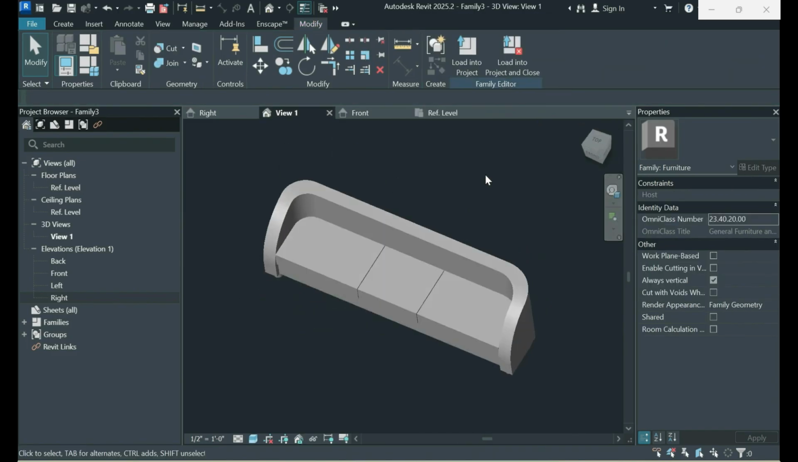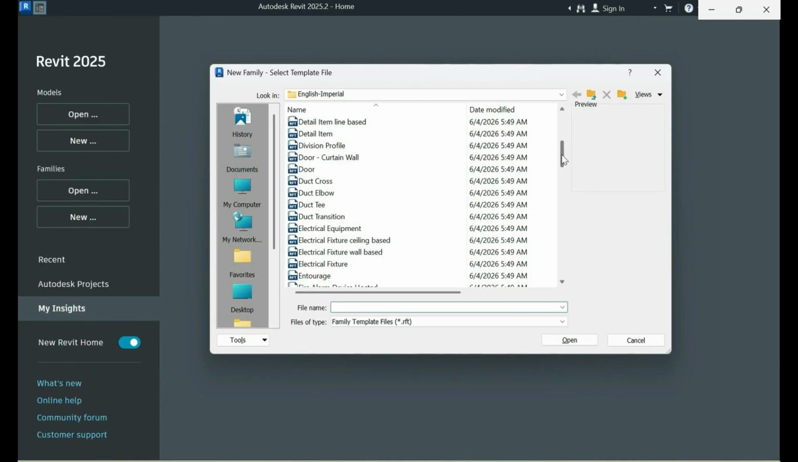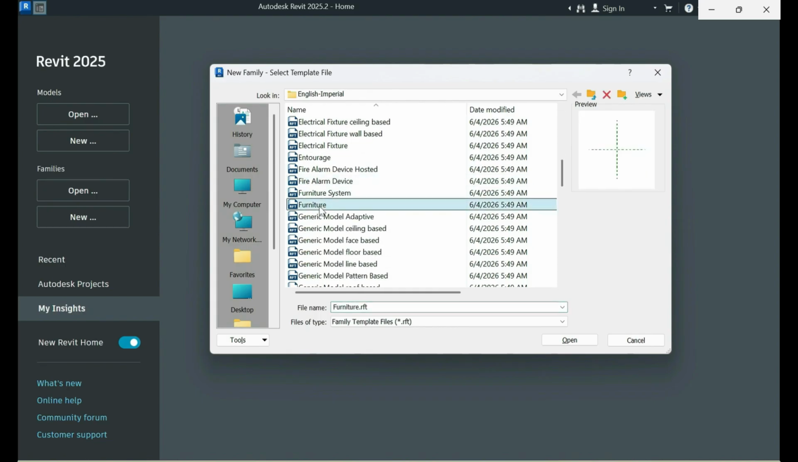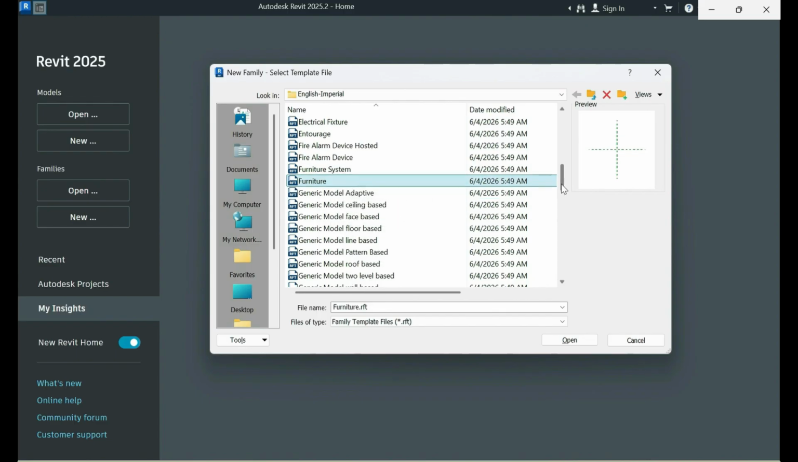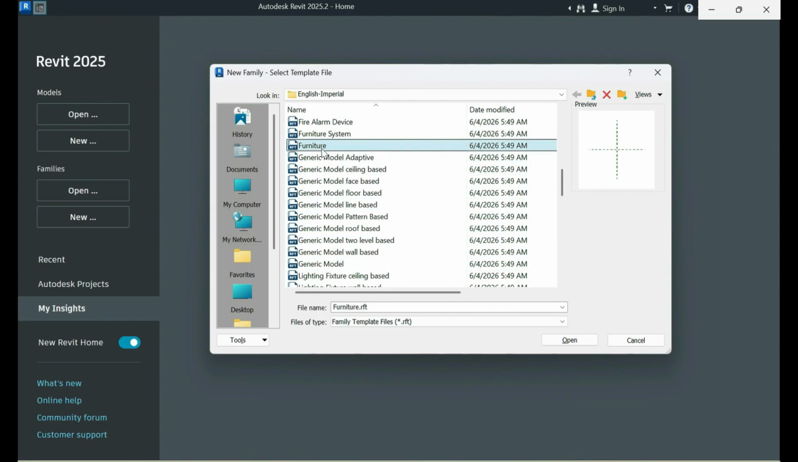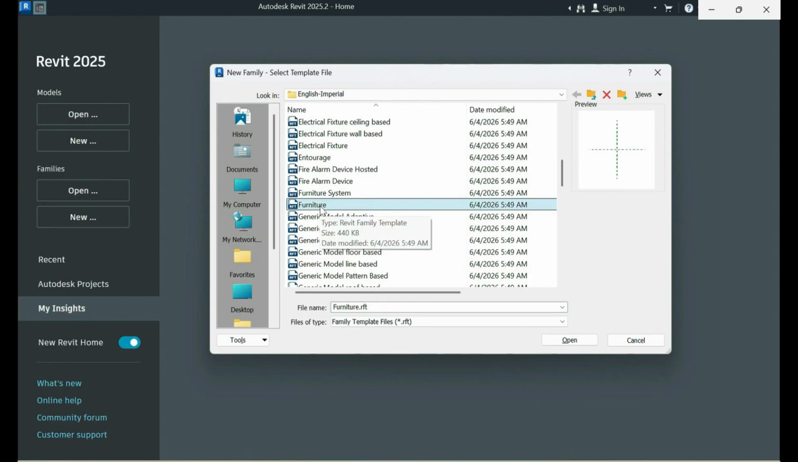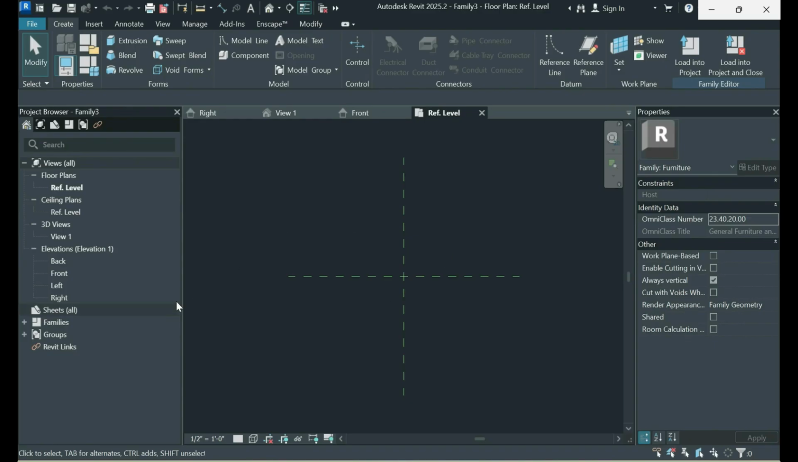Let's not waste any time and dive straight into the modeling process. Okay, first we will click on new, select families, and there are different template files as we can see. So we will select the furniture template instead of generic model because furniture is suitable for our family. So click it, and now we will use reference plan